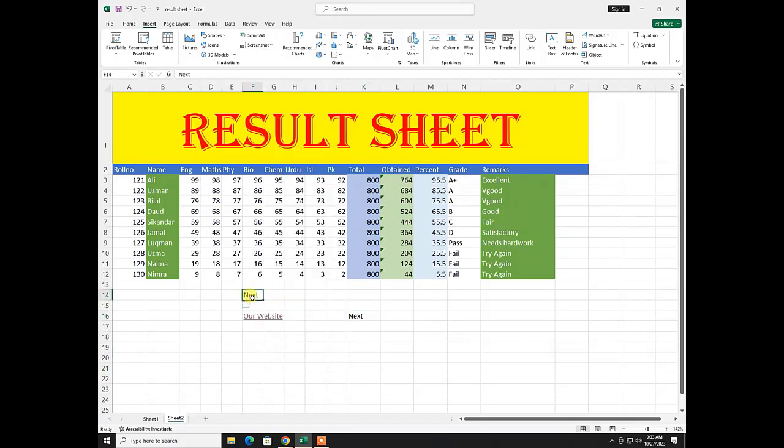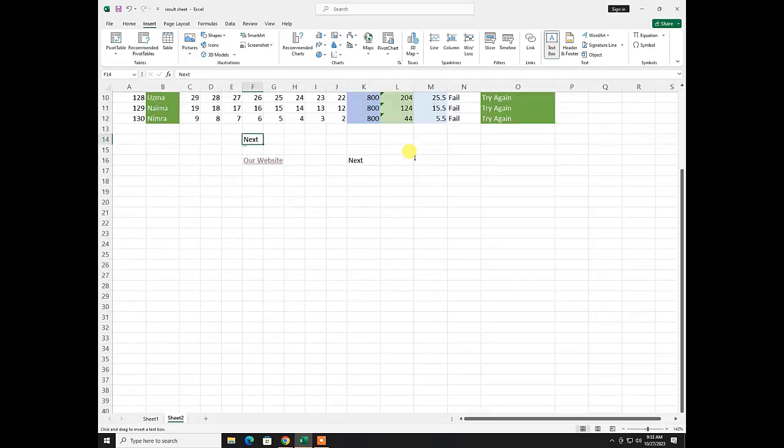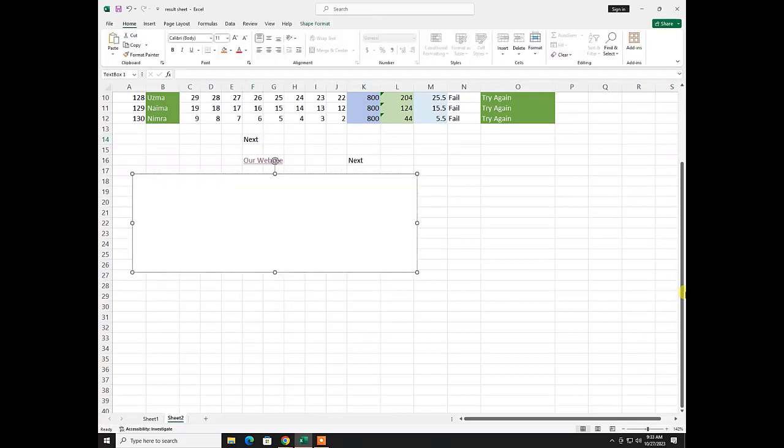Now if you click that "next", it will do nothing. Okay. Next option is a text box. You have used text boxes in Microsoft Word also. This is used to add some text. For example, I have created a text box and now I am going to drag it over my worksheet. I can type any type of text